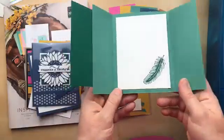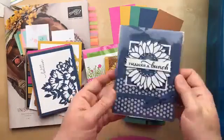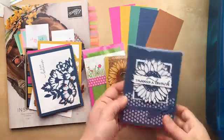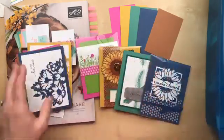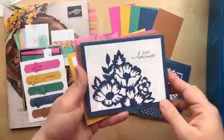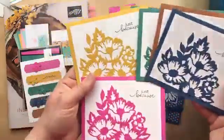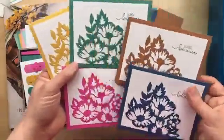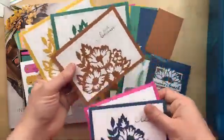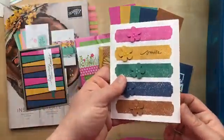I did a little gatefold. And this card was created by Margot Richardson using Misty Moonlight as the highlight. So I just wanted to show you how you can use these colors in making cards. So gorgeous. I shared these already, so you probably saw these. These are using the Bunch of Blossoms bundle. And I just die cut the flowers and cut them and put them on the card. So really simple set of in color combination here. This one uses the new